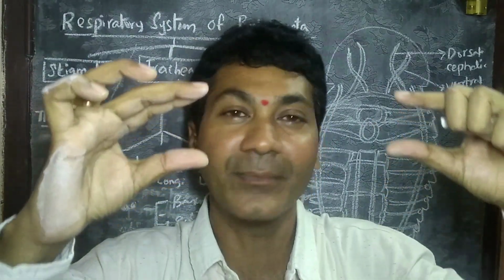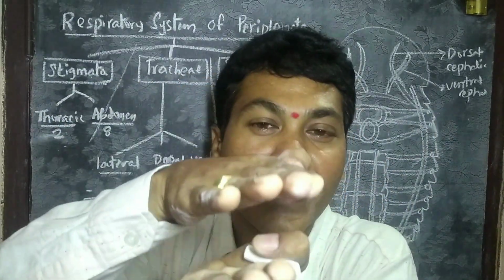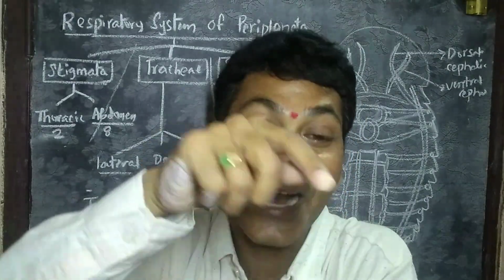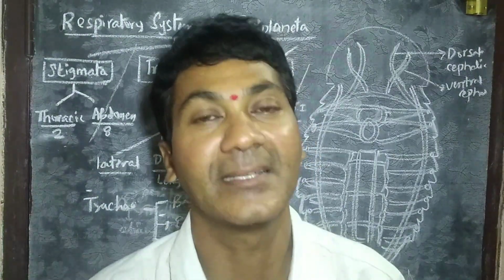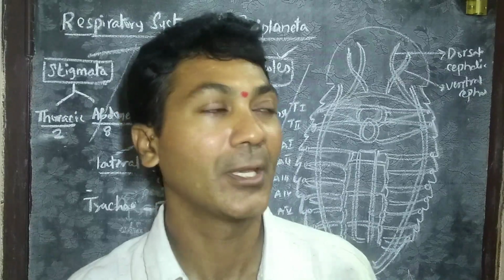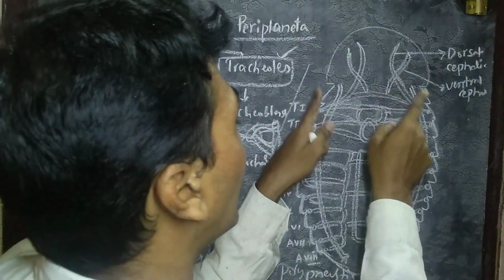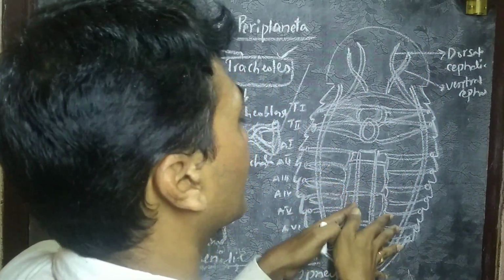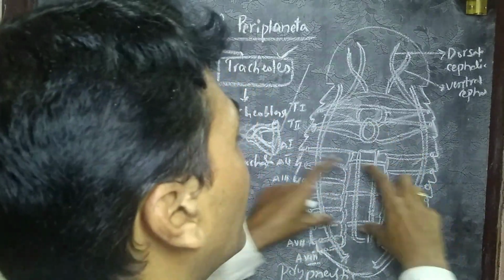When the dorsiventral muscles contract, the body cavity becomes narrow, so all the segments come very close, so that high pressure is created in the body, and air rushes outside. Such a process is expiration. Expiration is an active process in the cockroach. While expiration, the thoracic stigmata walls remain closed, and the abdominal stigmata walls are open, so air can go outside through the abdomen.